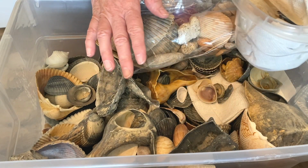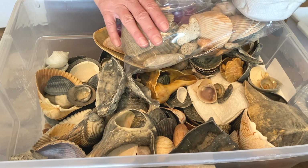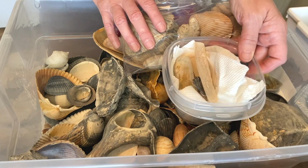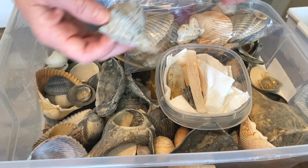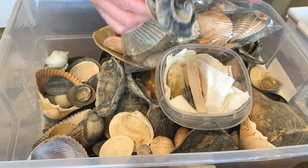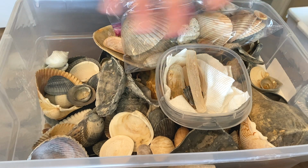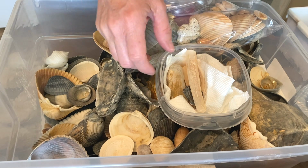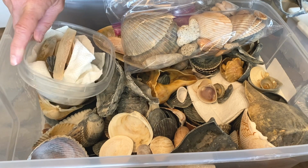It was just wonderful there, and I did get a lot of shells, and I brought home a lot of shells. I even brought home this time some broken shells because I'm thinking I'm gonna probably do some craft projects. So this whole bin here is from Emerald Isle, and again, I brought home some broken shells. I'm in the process of sorting my shells right now, and I'm doing a video on that a little bit later. I'm actually filming a video on sorting my shells currently, and realized that I didn't